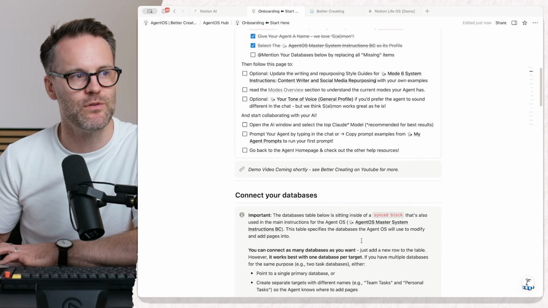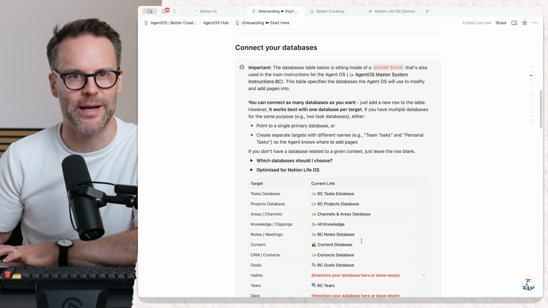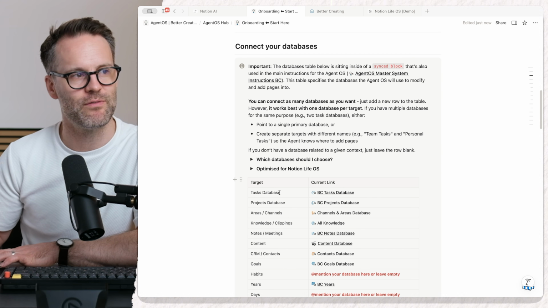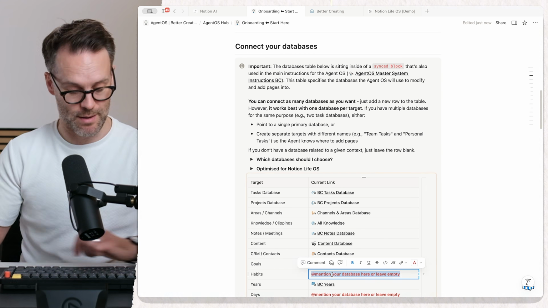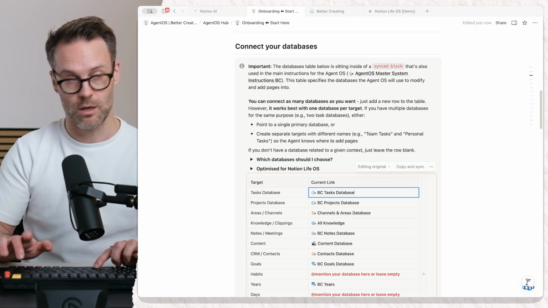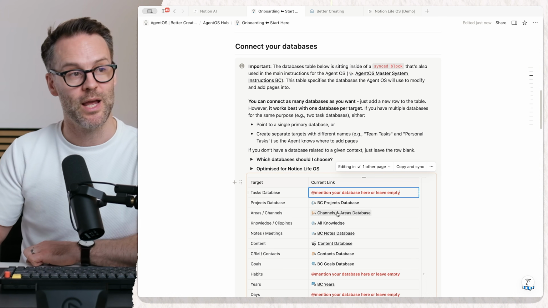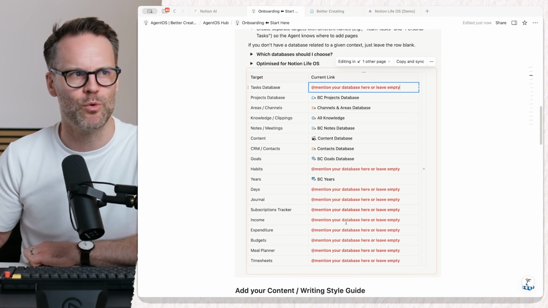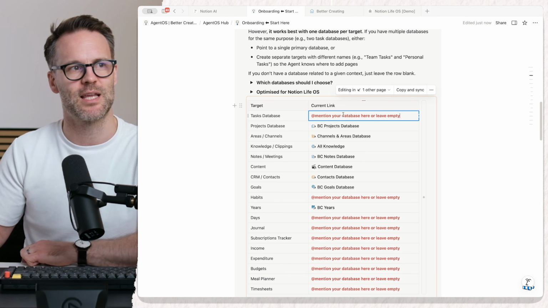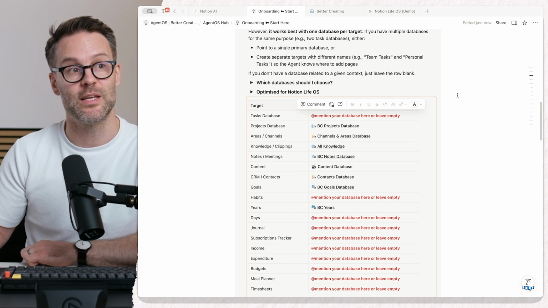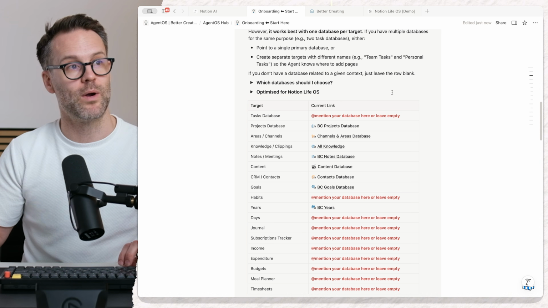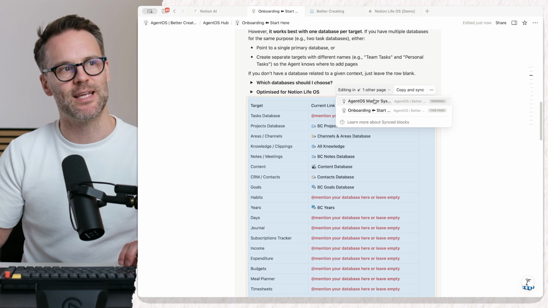As you'll see, if you move down into connecting your databases in my onboarding instructions, I have this view of database titles. When you get my template, it will all look like that, just with "mention your database." So what you need to do is make sure that your key databases you want it to do things like update with tasks are listed. And I've done this by putting it in a synced block, which you can see is being edited on the